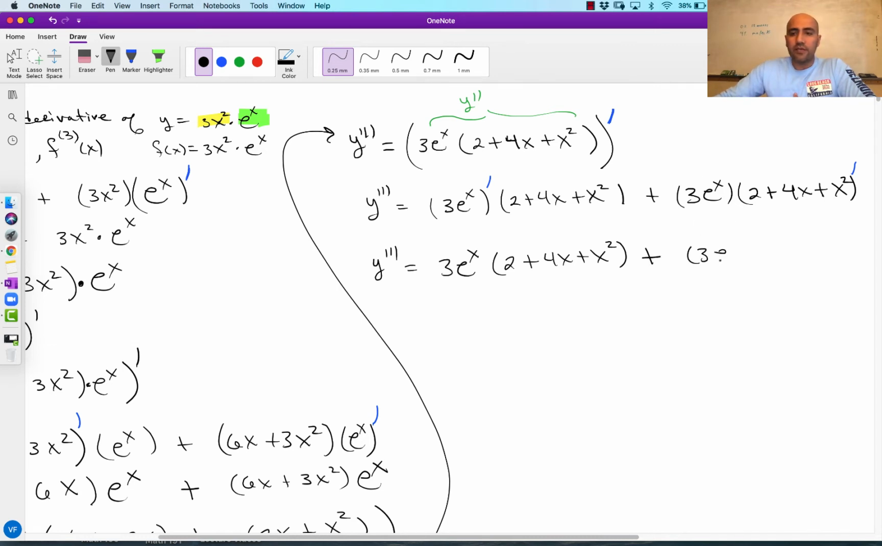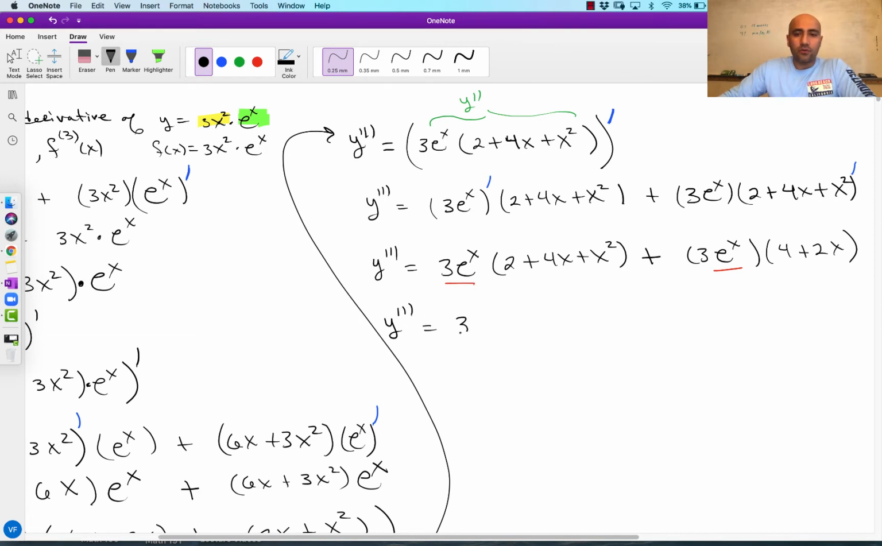That'll be the 3e to the x power times the derivative of this polynomial. The derivative of 2 is 0. The derivative of 4x is going to be a 4. And the derivative of x squared is going to be 2x. So there's our answer. Once again, I can factor out this term. They both share this and this. And that's about it. So let's factor that out. And we get that the third derivative